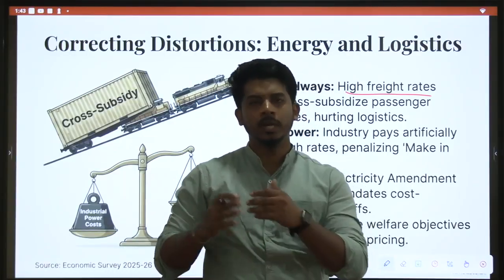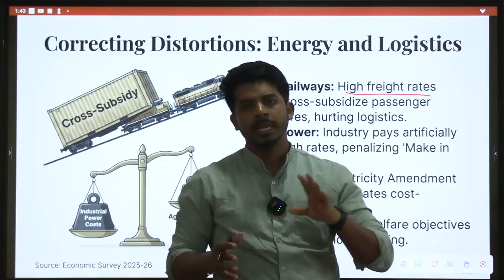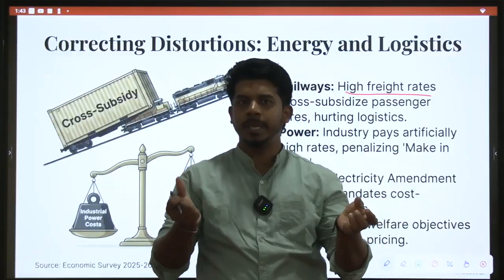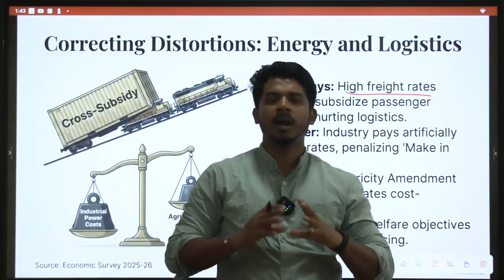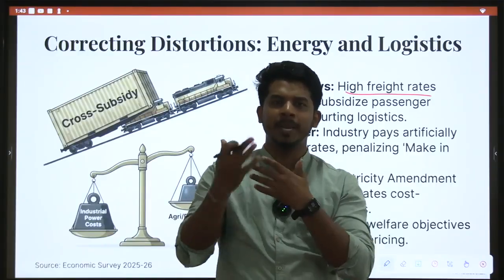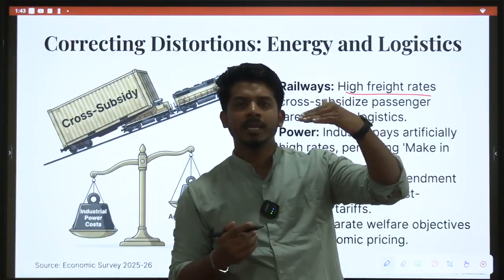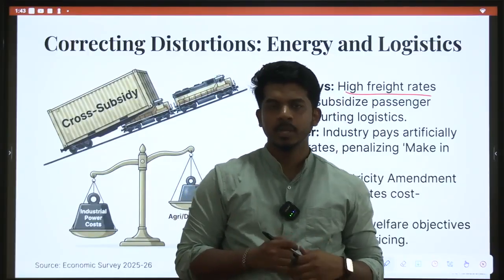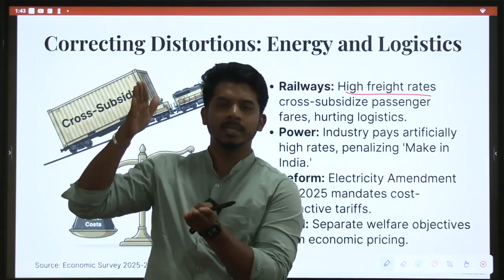Okay, now what will we do? Let's say there is a goods train which is carrying goods from place A to place B. Again the expense is let's say 20 rupees per kg. But on this goods train, government will increase the price and collect some 40 rupees to compensate for the concession in the price for the passengers. So for passengers it is not increasing, but for the goods it is increasing severely.